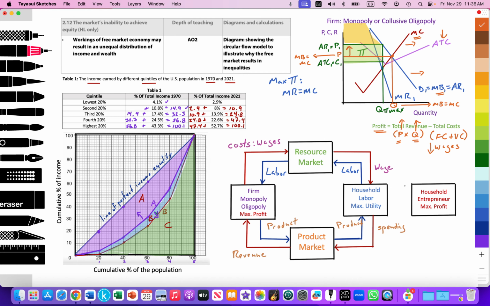They want to lower wages or find ways to pay less in wages, or perhaps substitute labor for capital, maybe use more autonomous technology, robotic technology, AI technology. That's all going to help to reduce wages for those households. So now we're beginning to understand how monopoly or collusive oligopoly in a free market system, as they're able to